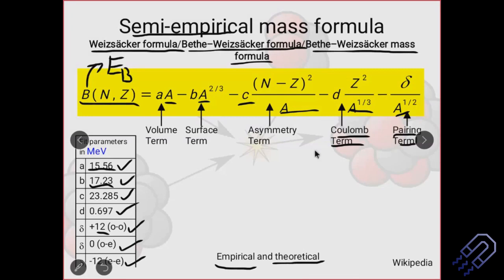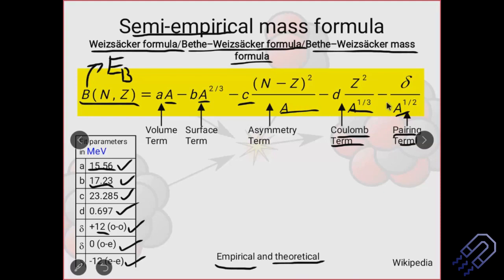But on the other hand, if it is odd, that means one proton and one neutron will be left alone. अकेला रह जाएगा, ठीक है? So उसको कोई मिलेगा नहीं जिंदगी में, ठीक है? So the thing is that will reduce the binding energy. So that's why this will become plus, so that if you put it here in the entire term, it gets subtracted. Don't mix up here, okay?